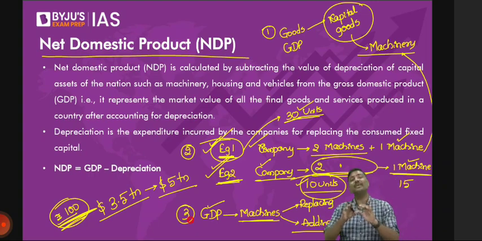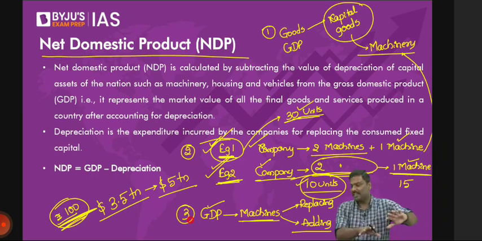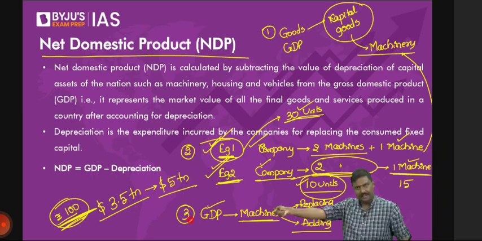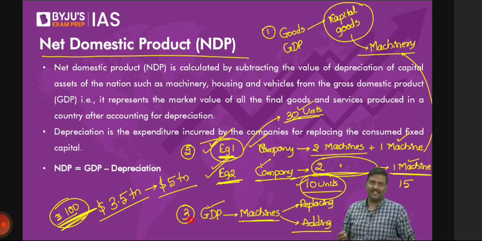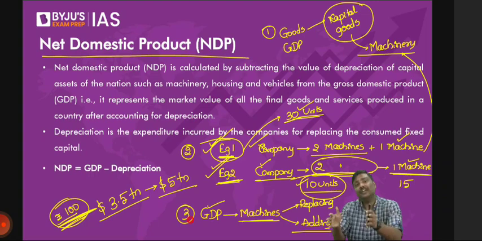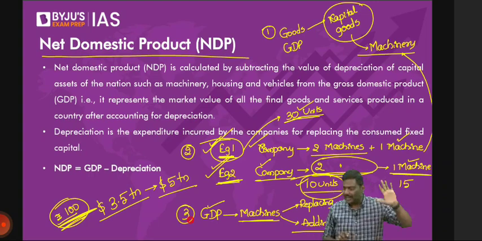So any doubts in understanding this concept? We'll understand NDP now, don't worry. If you know the concept, it becomes very easy. Whatever machines are produced, some of it will be used for replacement of the machinery and some of it will be addition to the existing machinery. But as far as possible, out of all the goods which we have produced, we would like most of it to be addition. We do not want replacement. Okay, done? Any difficulty here? Sir, why are you doing all of this circus? There is a reason.